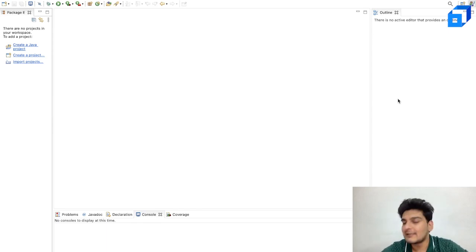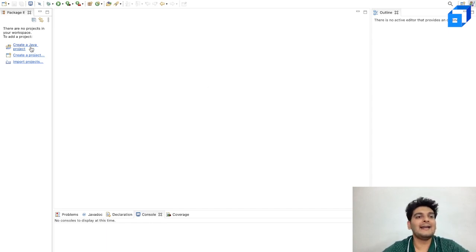So to just give a recap, object-oriented programming is where we are representing all of the real-world objects. And these real-world objects can be living or non-living. So we are taking these real-world objects and putting them up in the programming world. So as simple as that. Now we'll see the concepts of object-oriented programming in Java. So here I have Eclipse opened up.